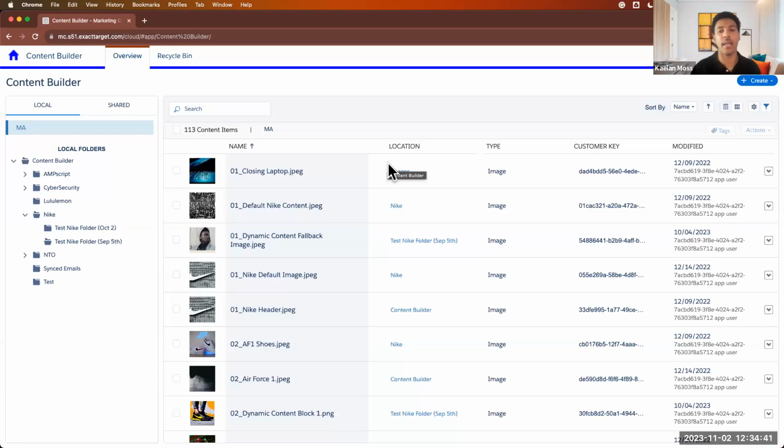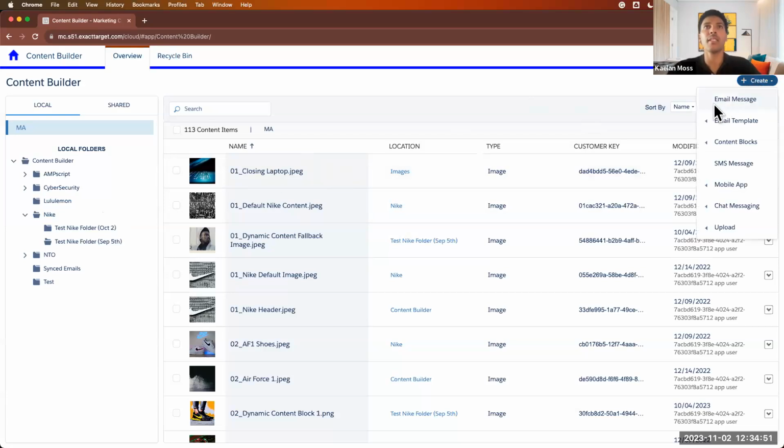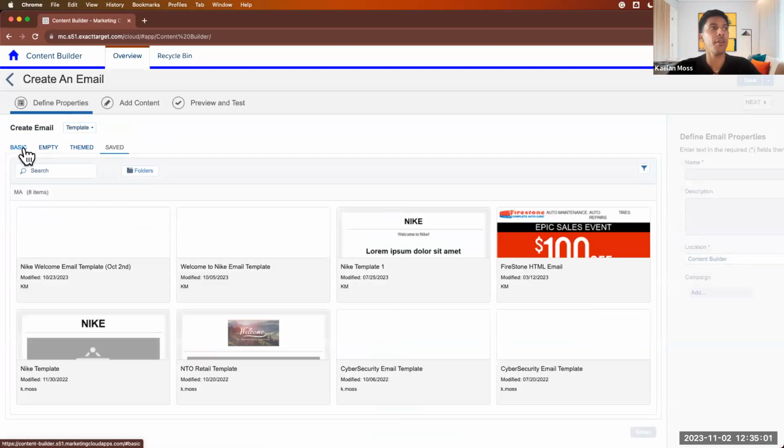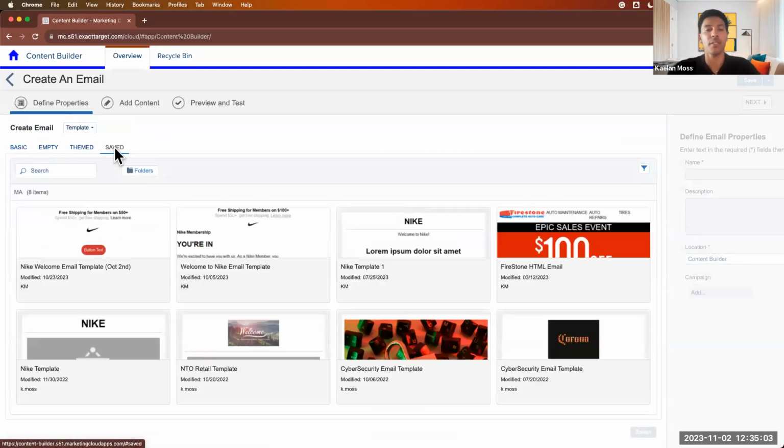Some of this content is content that I have created, whether it's through AI tools like Jasper AI or just downloaded from Unsplash. So it's really easy to just go in and create an email. You just click email message, choose the type of email you want to send, whether it's from a template. You have 4 different options when it comes to email templates.